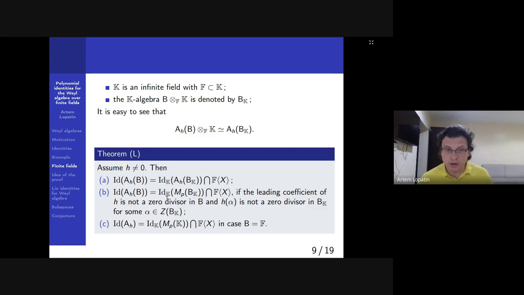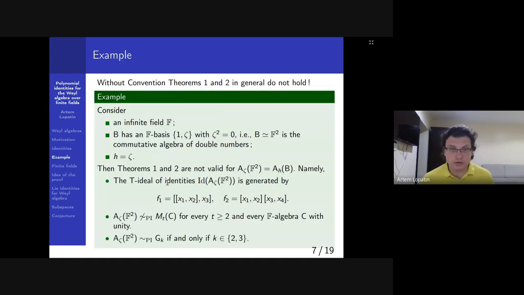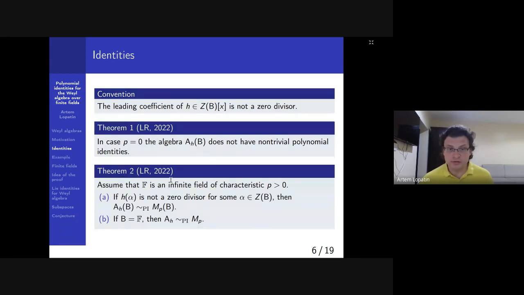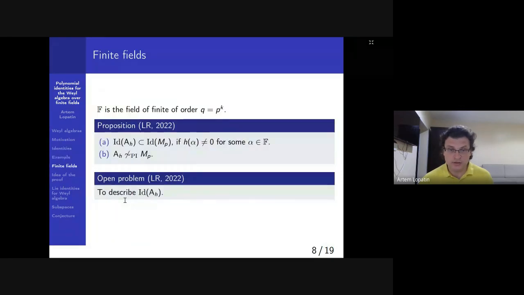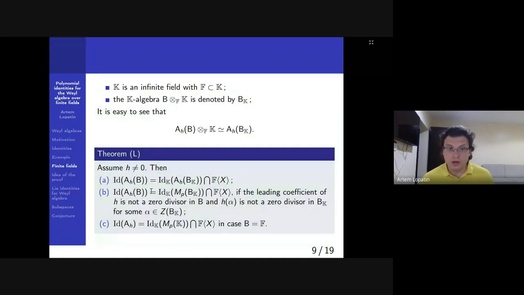First of all, we can use this second theorem. We can apply this second theorem. So we assume that this condition holds, then we have a description of the ideal of the parametric algebra, and we apply this result. So what did we get? In this case, we obtain that if the leading coefficient of H is not a divisor of 0, and H(alpha) is not a divisor of 0 for some alpha from the center, then